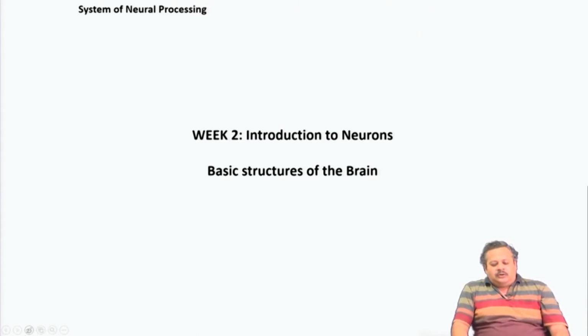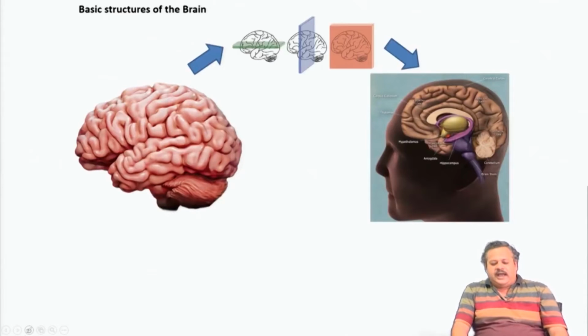So in order to delve into the whole idea of spiking neurons and how they encode information, which will be the goal of our course, and how neural systems learn based on inputs and input activity and output activity, we need to put things in a bigger perspective, where we will now be discussing the basic structures of the brain where all this computation will be going on, because we might be referring to some of these structures as we go along in the course. So to start off, as we had discussed earlier,